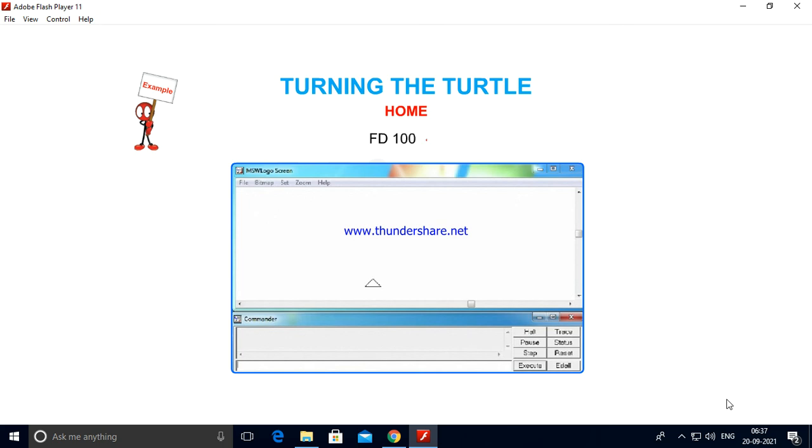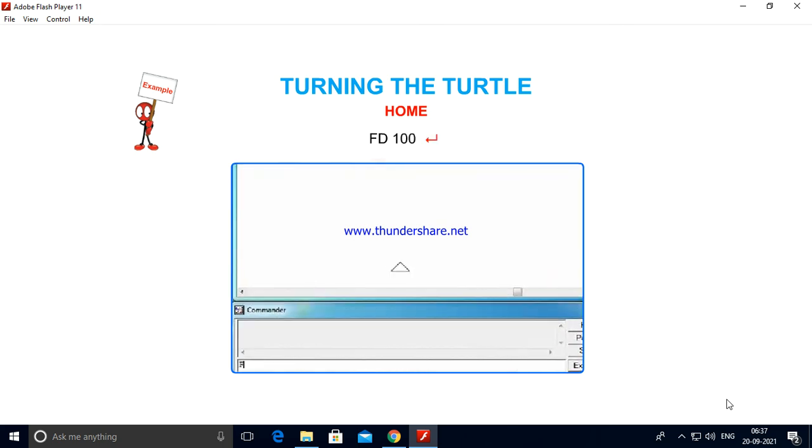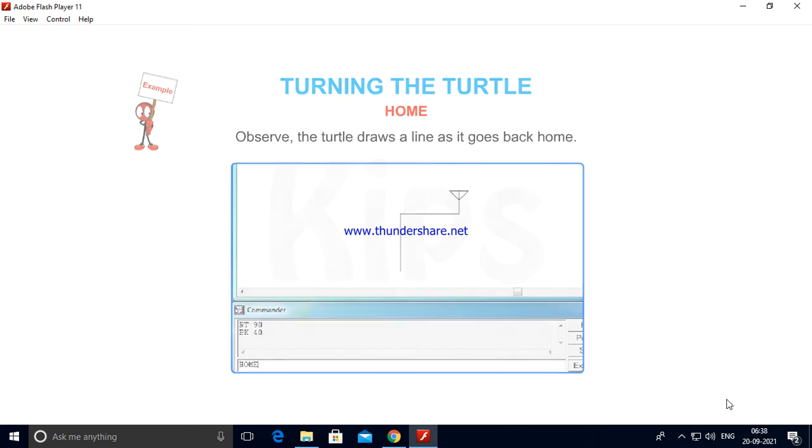FD 100, enter. RT 90, enter. FD 100, enter. RT 90, enter. BK 40, enter. Home, enter. Observe that the turtle draws a line as it goes back home.